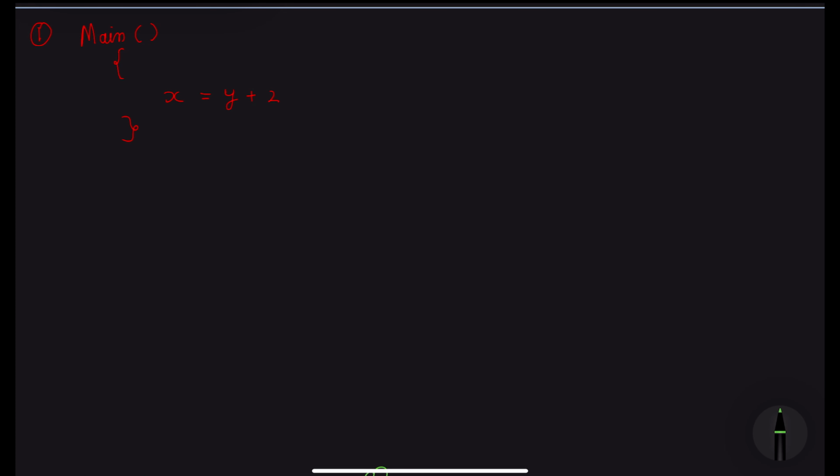Here we have our main function and inside it there is a single statement, x equal to y plus 2. Here y plus 2 is being assigned to x. So this is a single statement, so we can say it is consuming 1 unit of time. We can ignore the main function because the work is only done by the statement x equal to y plus 2, and main function is just for declaration. So the total work done here will be big O of 1. For now assume big O notation as a way to denote time complexity. I will clear all your doubts regarding notation in the upcoming examples.